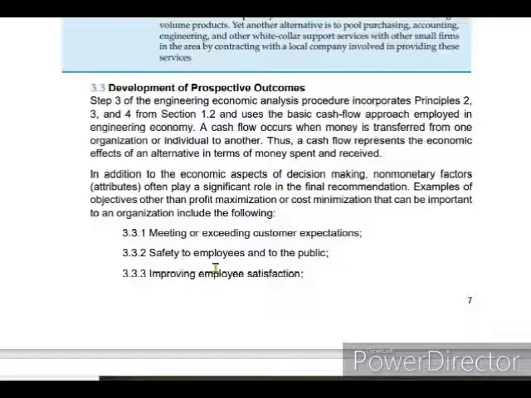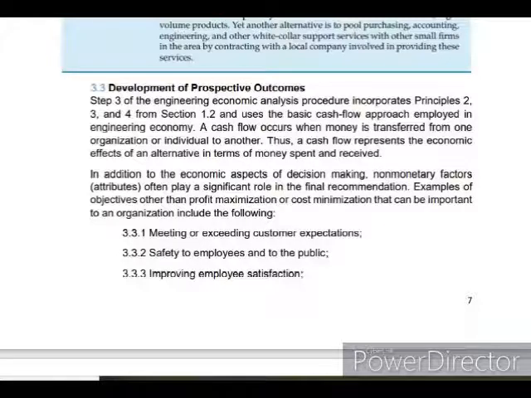So, meeting or exceeding customer expectations. Of course, satisfying the customer will give value to the company. Next, safety to employees and to the public. A safe working environment will minimize or eradicate accidents, because accidents in the workplace are a cost for the company. If a worker is injured, the company will have to spend money for his or her